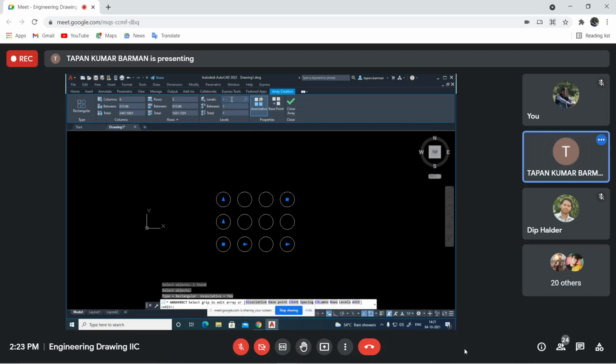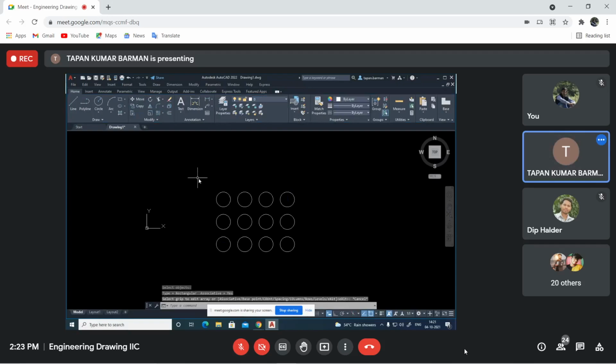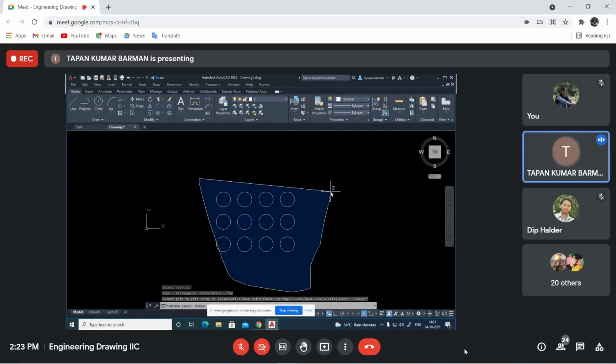Rows, levels. Can you find the angle? Okay, later on I will show how to change the angle here also. It is possible to change the angle. Anyway, later on I will show you. Now what I want to show,